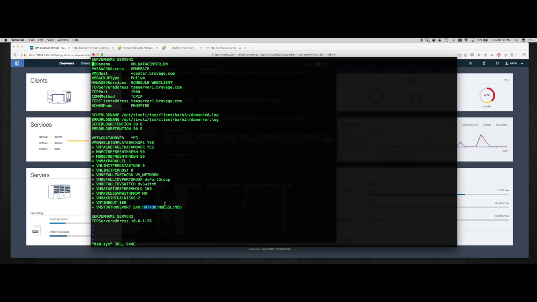Oh no, I take that back. It'll be NBDSSL because my backup server and my DataMover reside on a separate physical machine, a non-virtualized machine. And then this content down here is the secondary server, server 2, and its IP address for my replication server. So that's the